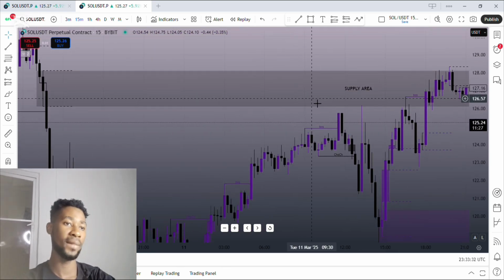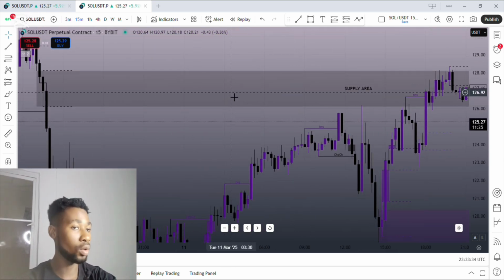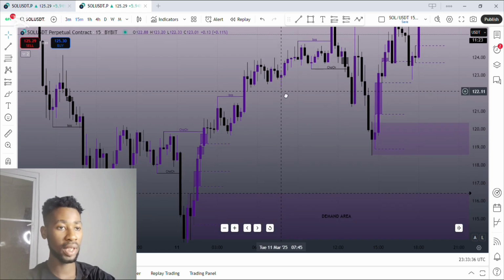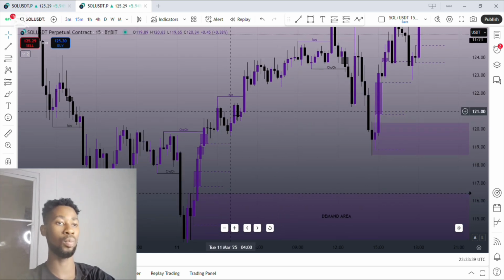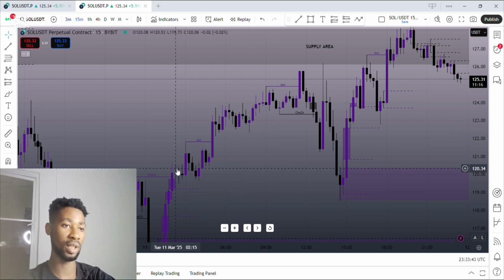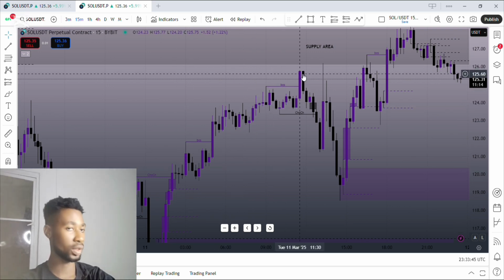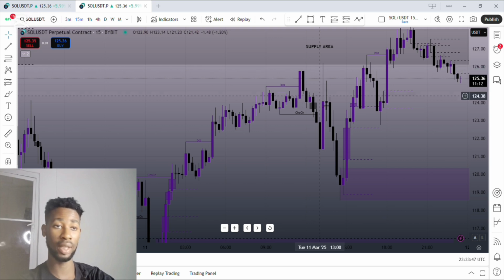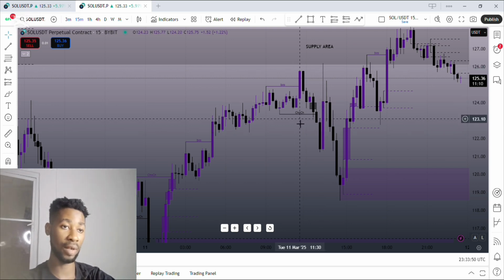And we can also see this supply zone is what I also wanted. So looking at it forward, we had this upward move. Sellers started coming in a little bit, and then it didn't touch. It came close, and then we had a sell-off, a change of character to the downward side,